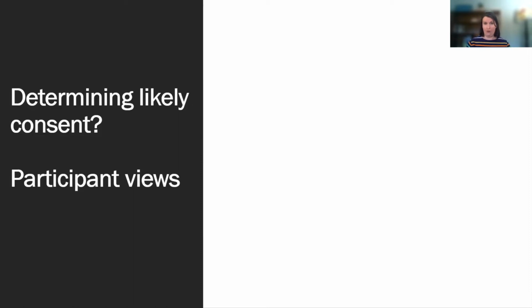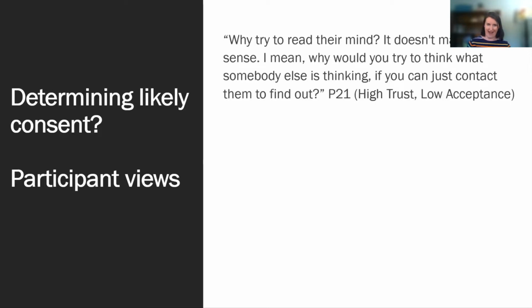And in all of those cohorts, so from high acceptance, low acceptance, everything in between, the overall response was, please don't do that. Why is the criteria there? So just as an example quote, why try to read their mind? It doesn't make too much sense. I mean, why would you try to think about what somebody else is thinking if you can just contact them to find out? Now, of course, you know, and I know that recontact is not always possible or desirable. There is a reason waivers of consent exist. So where that contact was not possible, I asked participants again, what might